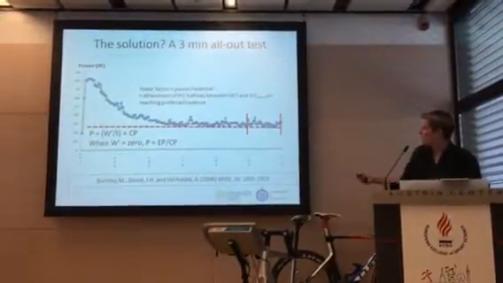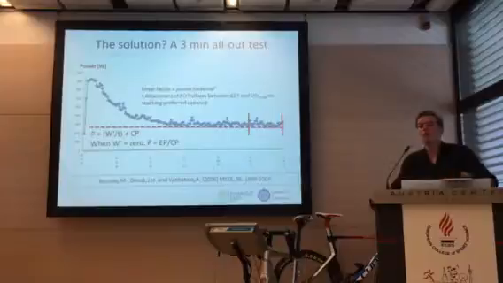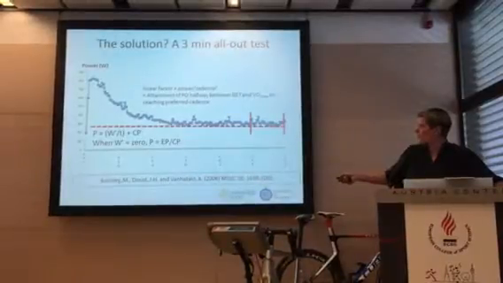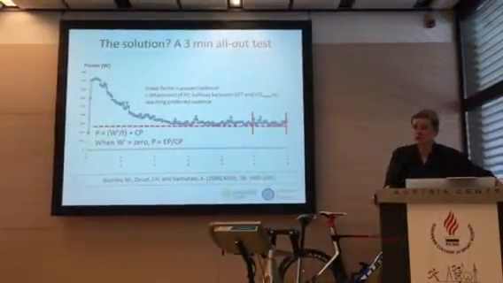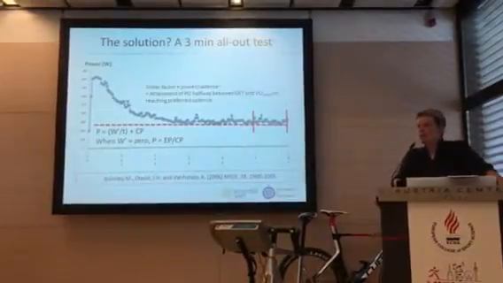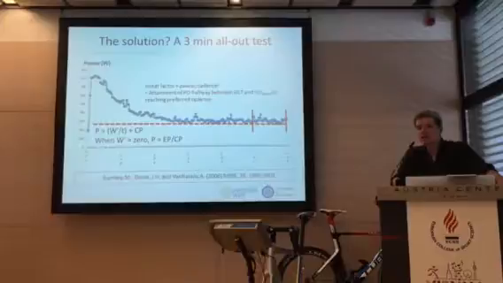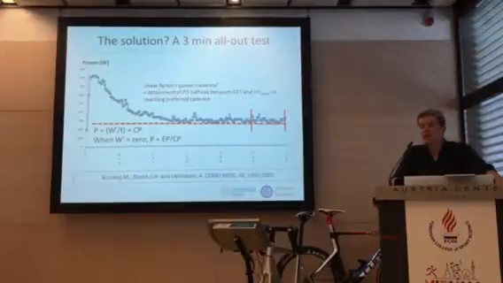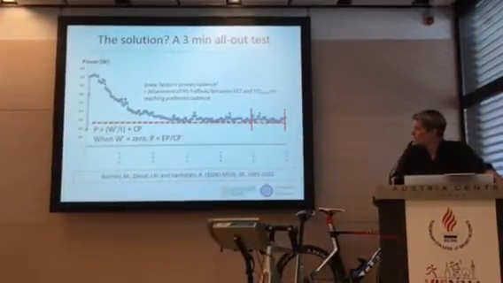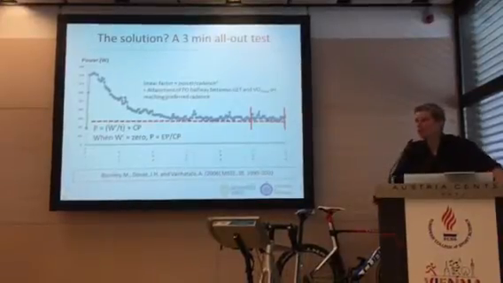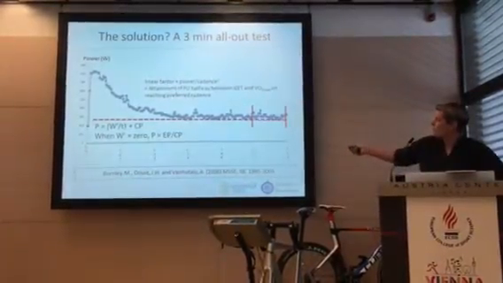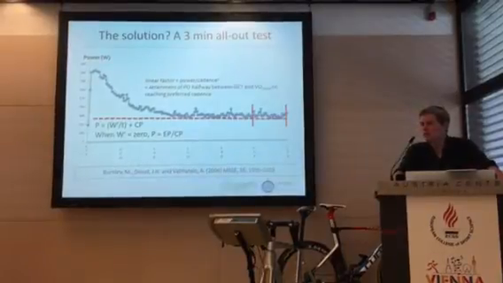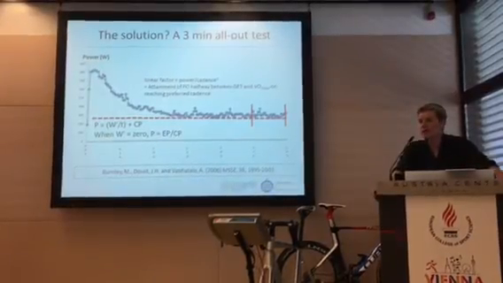So the test works in a way that we average the final 30 seconds, and that end power, as it was termed at the time, equals critical power. So when W prime is 0, the power that is sustainable at this point equals critical power. The research at the time was performed on a specific ergometer which utilized a particular setting called the linear factor, where the power is a function of the cadence. And the idea here is that the athlete reaches the determined power output halfway between the gas exchange threshold and VO2max. This work, of course, has attracted a lot of research attention, and lots of papers consequently came out. I just want to mention something in